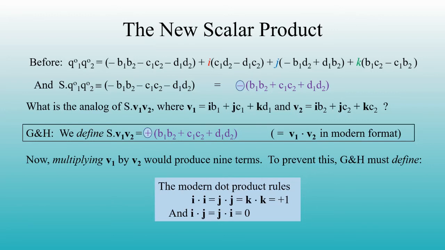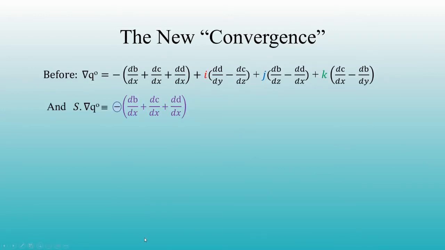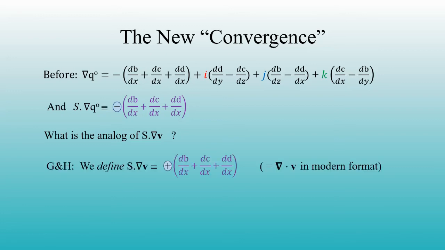Poof. Now let us consider Tate's convergence, the scalar portion of the del operator acting on a quaternion. What is the analog of this using these new all-real vectors? Gibbs and Heaviside both do the same thing. They define the result of the operation as identical to the Hamilton-Tate result, except for changing that negative sign to